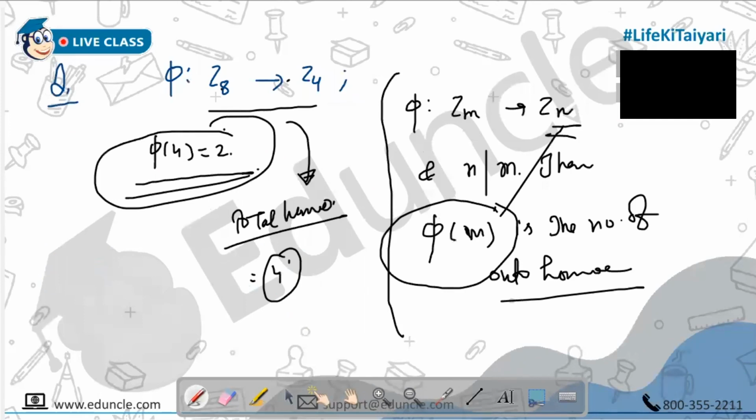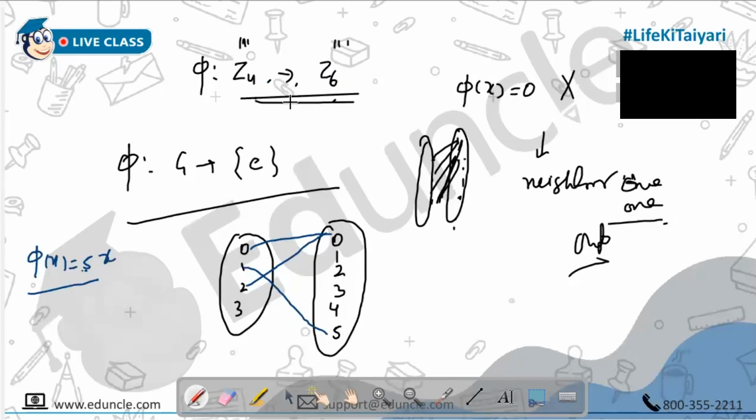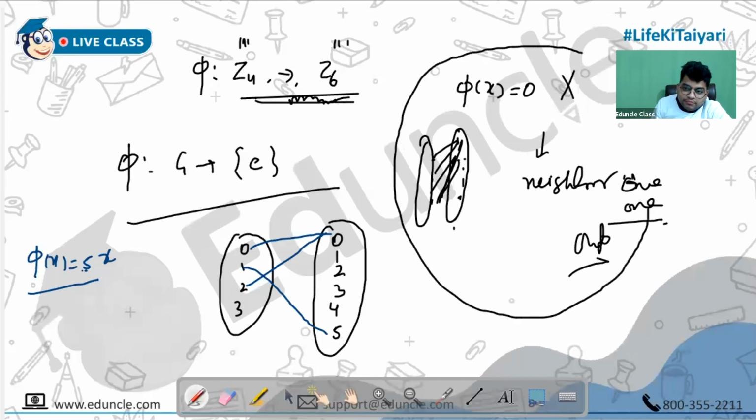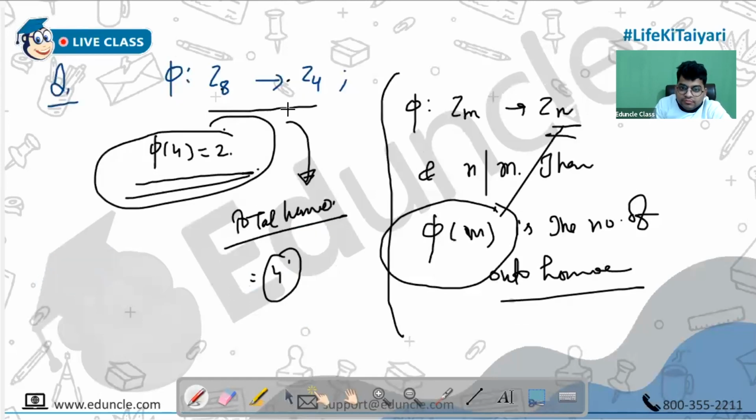सर, आपने ये Z4 by Z6, Z4 to Z6 लिया। इसमें आपने लिखा रखा है कि जिसमें मैप कर रहे हैं, उसका ऑर्डर उसे डिवाइड करना चाहिए जिससे मैप लाए हैं। यस। तो सर 6/4 तो नहीं होंगे ना? 6 डिवाइड करता है 4 को, नहीं करेगा ना? तो जब भी कहा था कि कोई भी ऑन टू मिलेगी नहीं। और दूसरे वाले में 4, 8 को डिवाइड करता है।